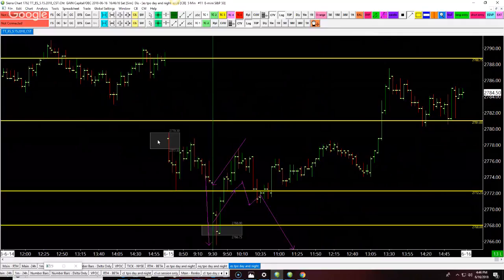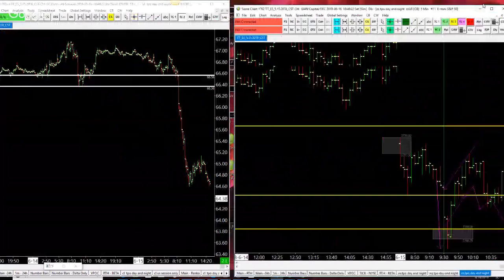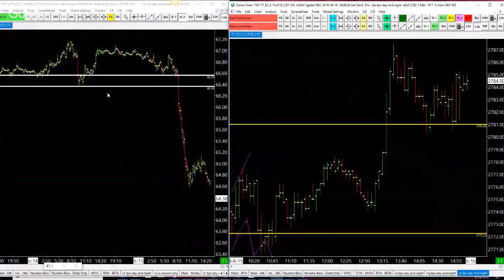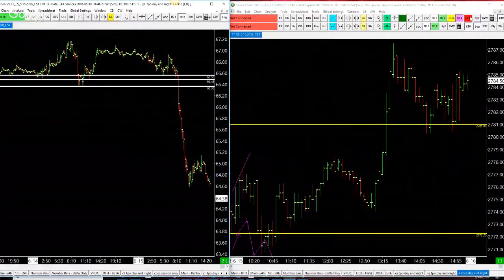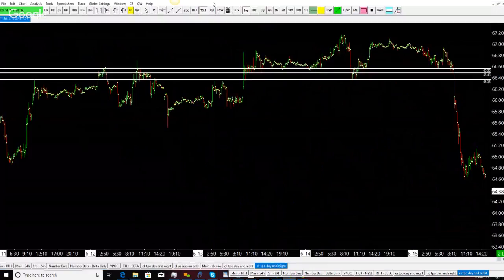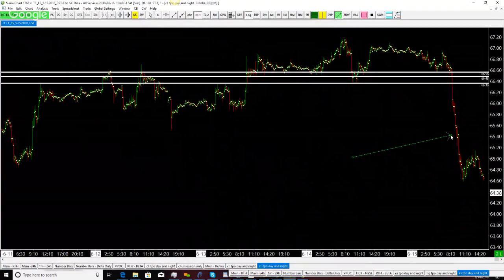Things look pretty bad for me. Things look pretty good for the short seller. Short seller starts celebrating and thinking, we're closing at the low of the day. He's over there looking at the oil chart, and he's thinking, this is what I'm going to get right here, right? He's thinking this picture, straight down, annihilation, I'm going to be rich, right?